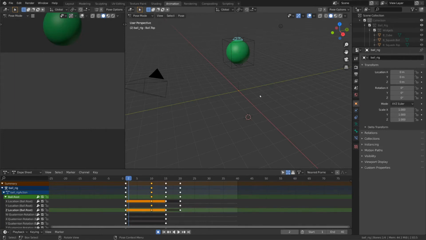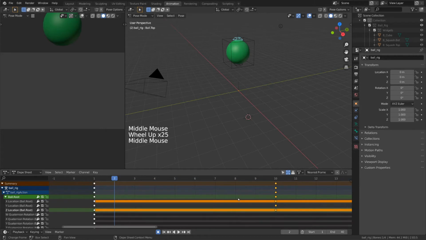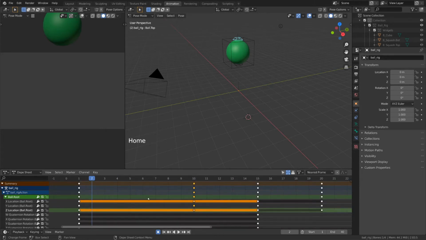In case you ever get lost in the sea of keyframes or really need to zoom out quickly to see all of your keyframes, simply hover over the dope sheet and press Home. You can also go to View,